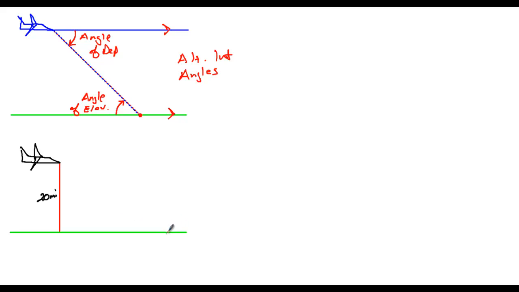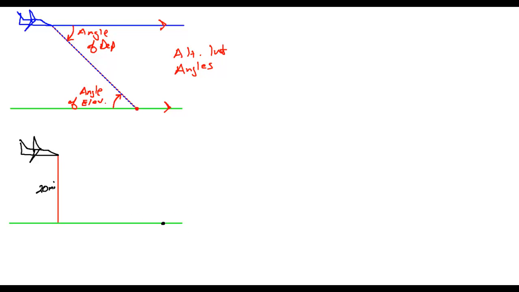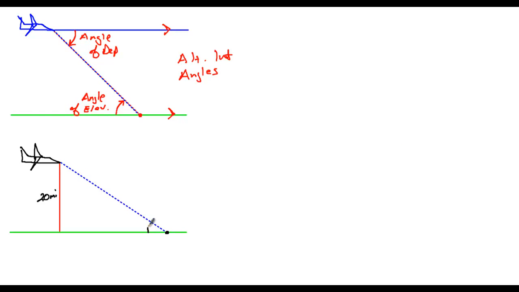Now let's say that there's our little radio tower out here, and the person in the tower looks up at the plane at an angle of elevation of 35 degrees. So let's just draw a picture of what that would look like. He's in the tower here, standing down here on the ground, and he looks up at the plane. So his angle of elevation